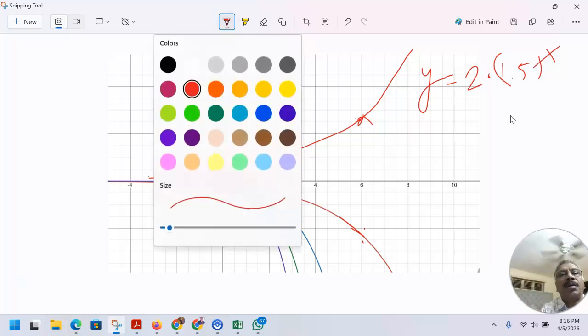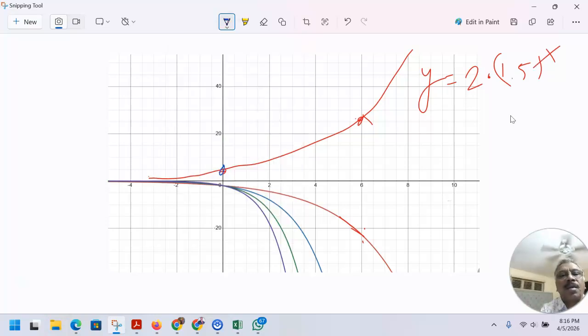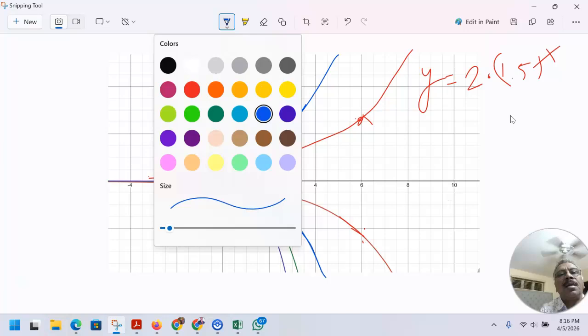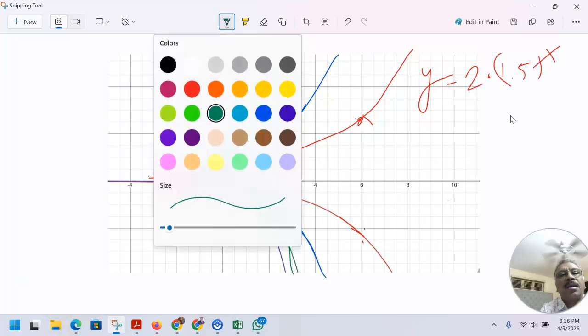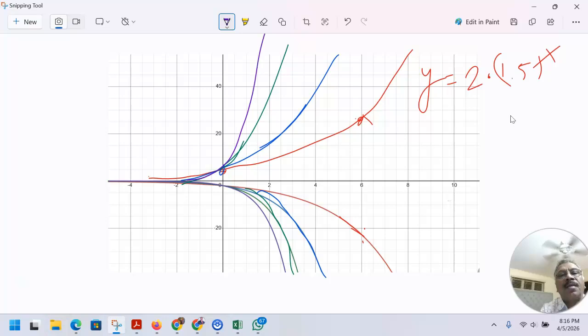Then the blue color was this one, this reflects down, see. Then the green color was this one, so the graph goes down. And then the purple color is this one, goes this way. So this is a reflection. So I hope I'm understanding. The goal is